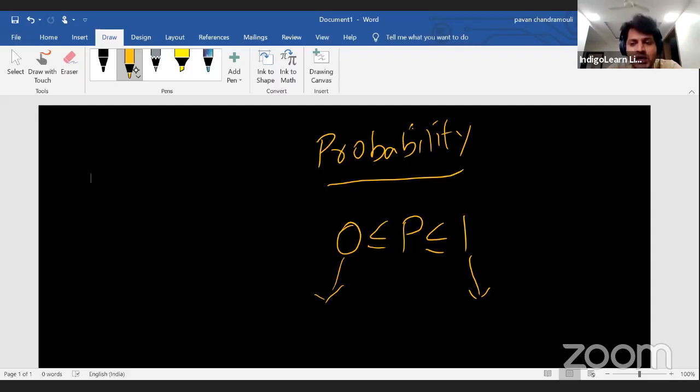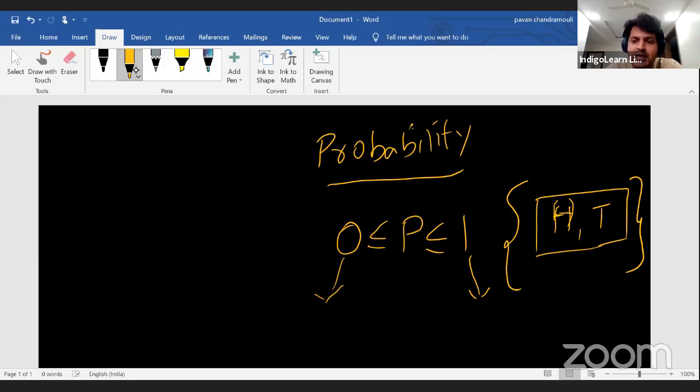When you toss a coin once, either you will get a head or you will get a tail. Guys, remember this is called the sample space. That means all the possible outcomes of a particular event. The event is tossing a coin. When I toss a coin, all the possible outcomes for this event are written in the sample space. So my sample space I will put in these curly brackets. These brackets have a head and a tail. So how many outcomes are possible? 2. The denominator always will tell you how many outcomes are possible. Now my question is, what is the probability of it being a head?